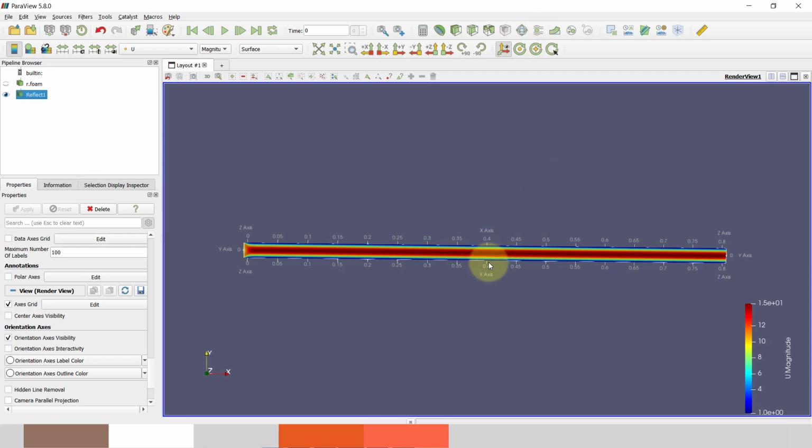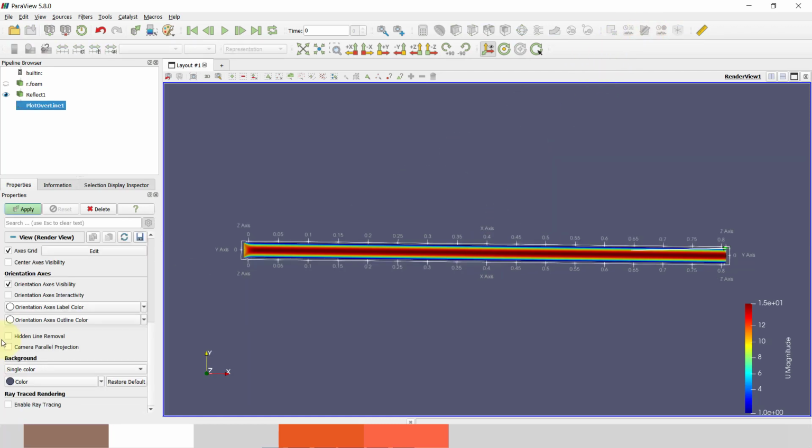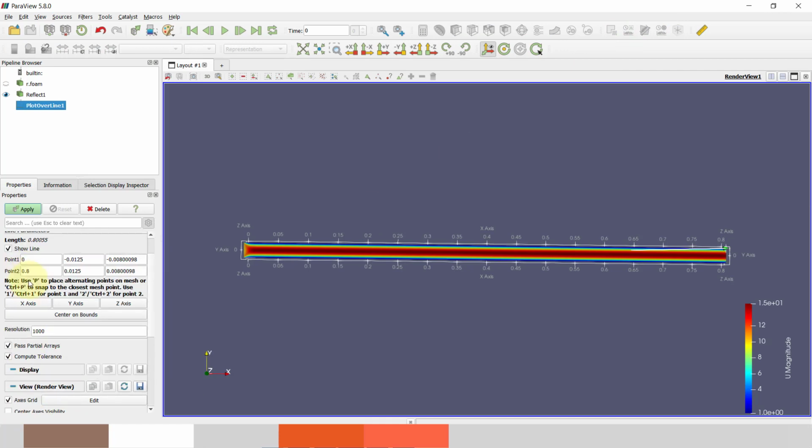Now we'll plot our velocity profile at 0.4 meter. We'll use Plot Over Line, and we'll see our result at the left corner, so 0.08, and we will just apply.